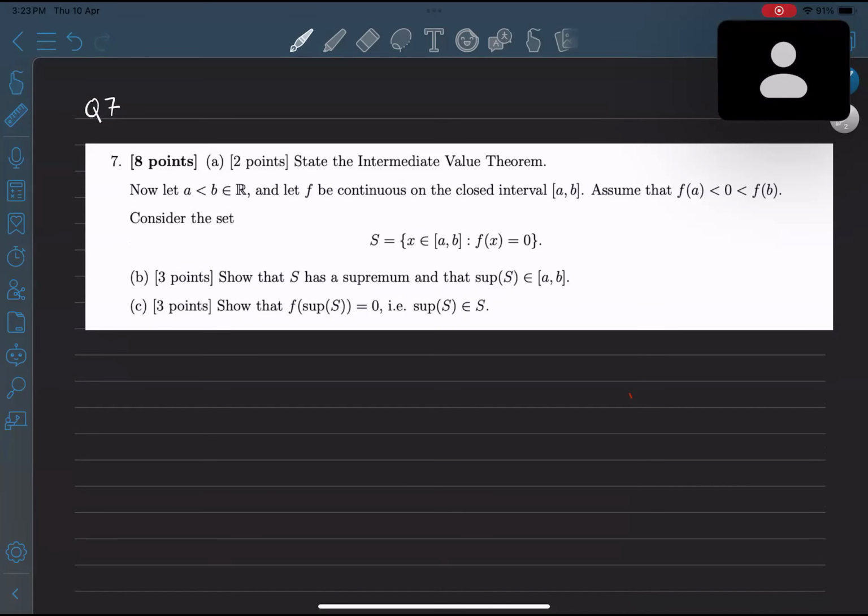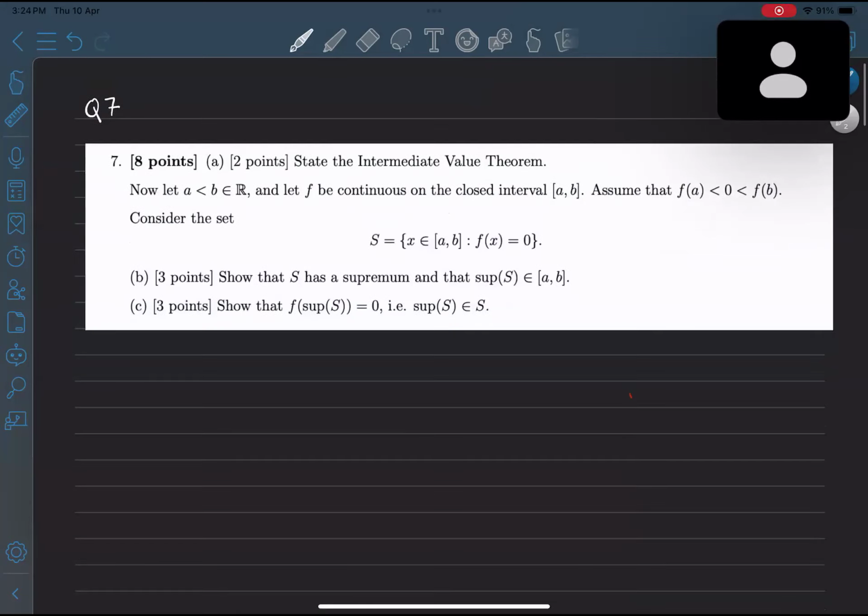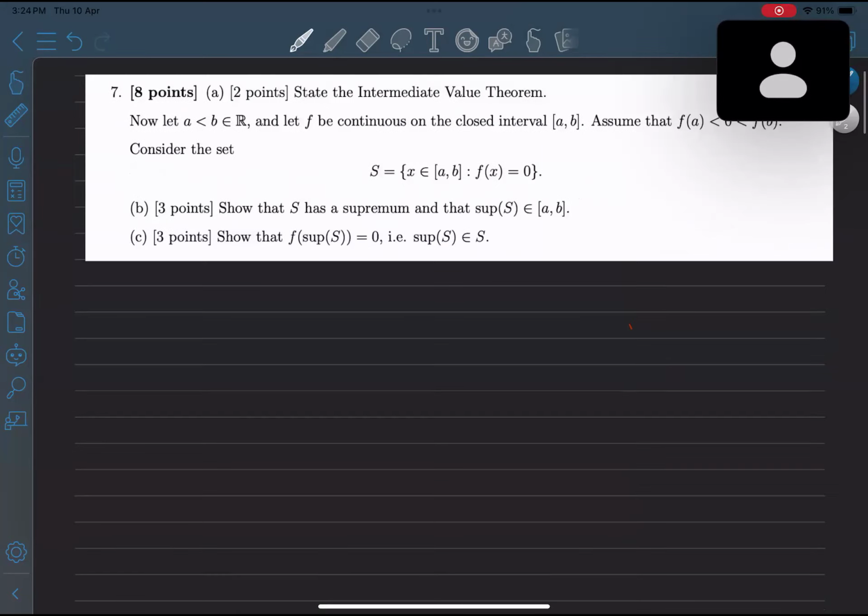So question number 7 is right here. State the intermediate value theorem, and then obviously we have some fun stuff with some analysis. So the IVT is pretty simple. It's been stated multiple times already in the notes, but I'll do it again. So the IVT basically says that,